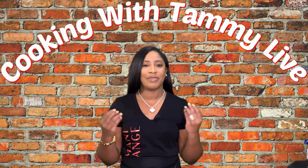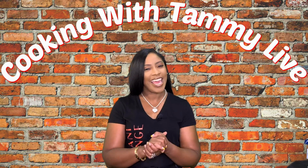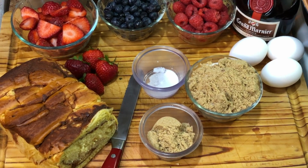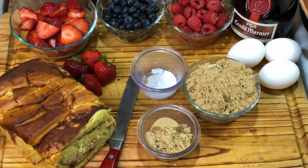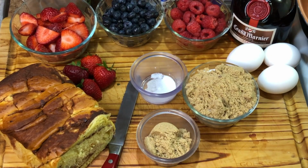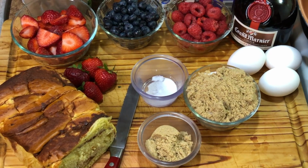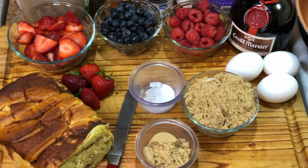Today I'm going to show you how to make my absolutely quick and easy, very delicious French toast, guys. Yay! The ingredients for our very delicious French toast are, we have some apple cinnamon brioche bread. We also have brown sugar, some salt. We have some more sugar. We have a combination of brown sugar and white sugar, as well as eggs, strawberries, blueberries, raspberries, and we also